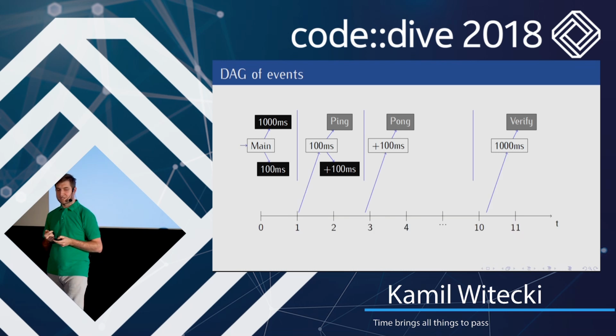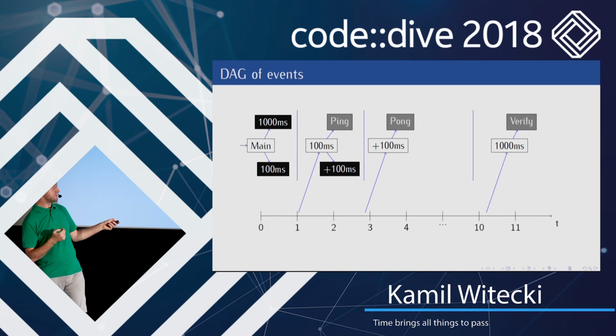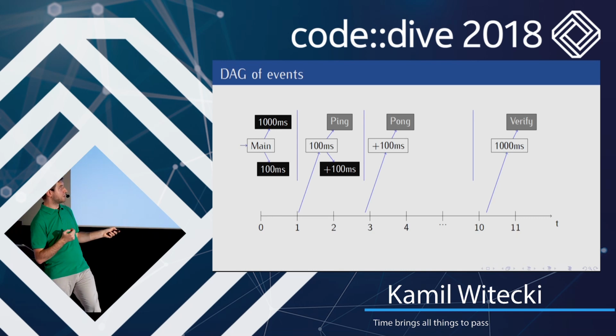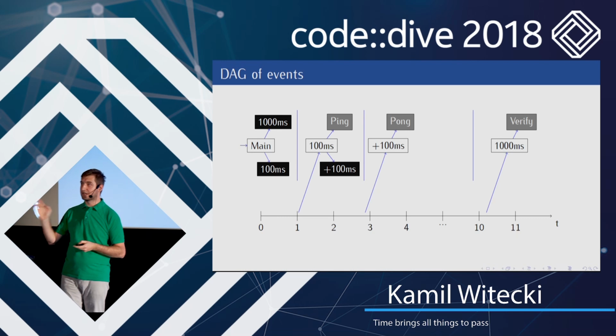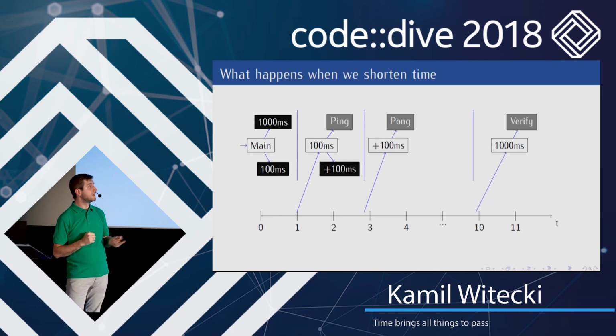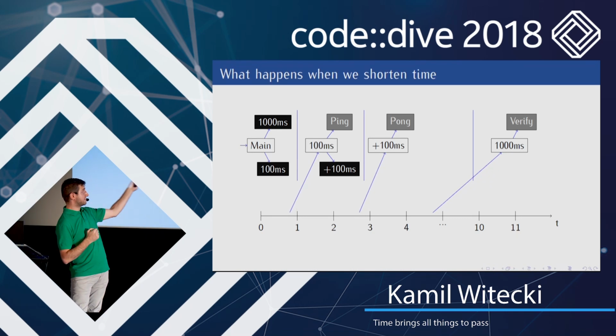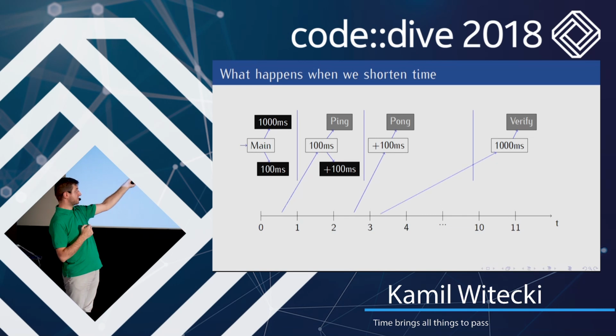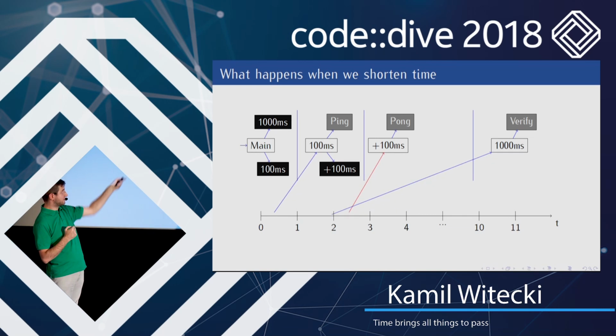What happens when we are speeding up time is we are messing with these boxes. These are the periods of time that were created by our ticking timer resolution. And as long as we are just cutting this timer a little bit, everything is fine. The order of the events, the position is okay,